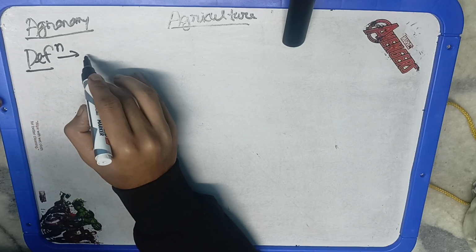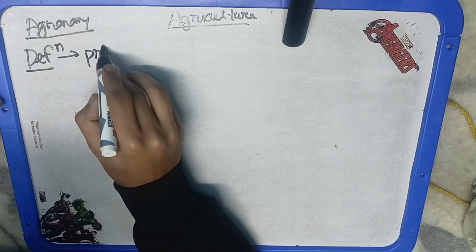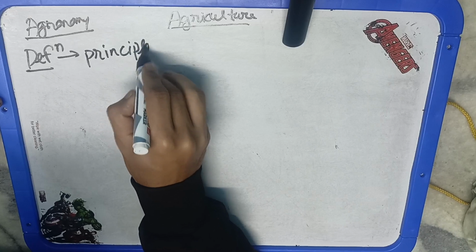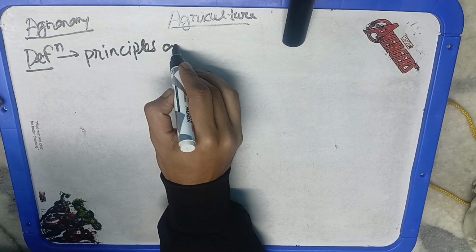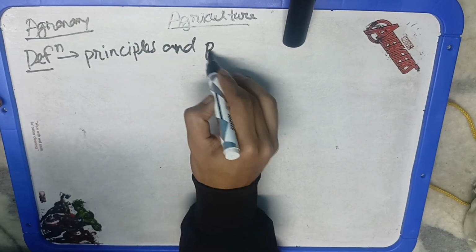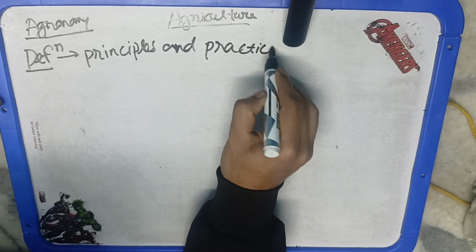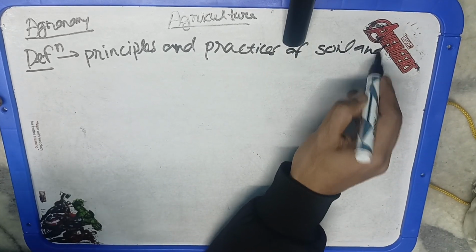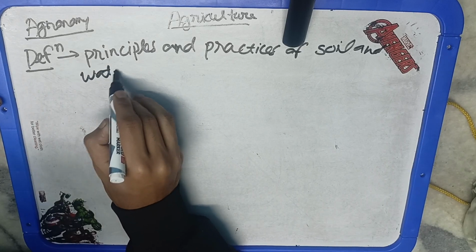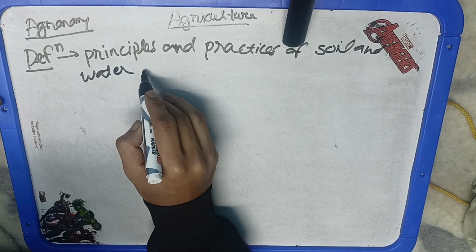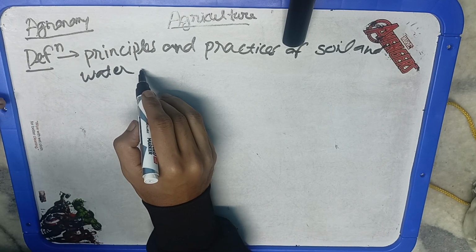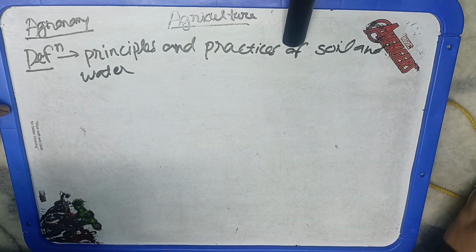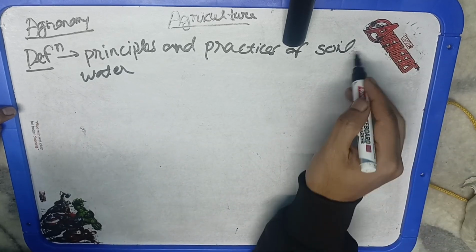Like agriculture is not ending with Y, so that is a Latin word. Then the definition is principles and practices of soil, water and crop management. This is how the definition will be asked in your examination. It is the branch of agriculture that deals with methods which provide a favorable environment to the crop for higher productivity. Ultimately, for agronomy, we are only looking for higher and higher crop production. For the wheat crop, we want a good outcome, good grains, so we need to have higher weight. That is required from agronomy.